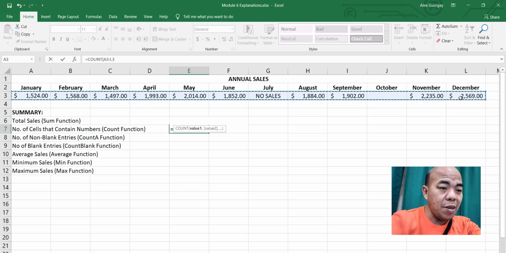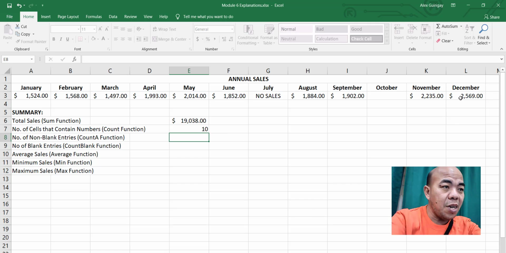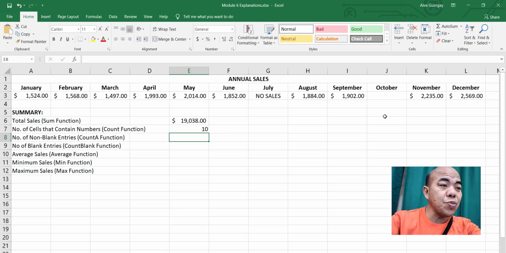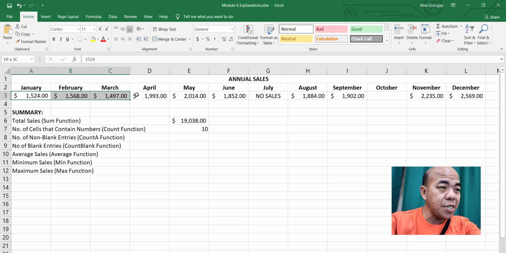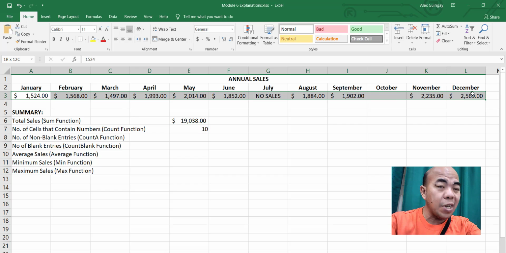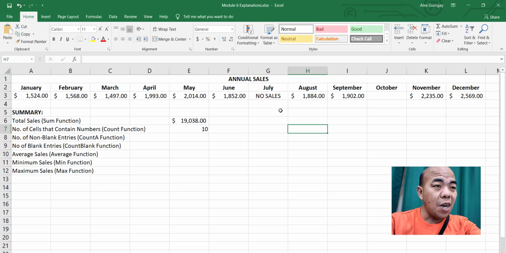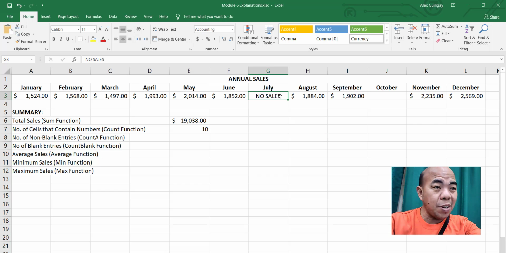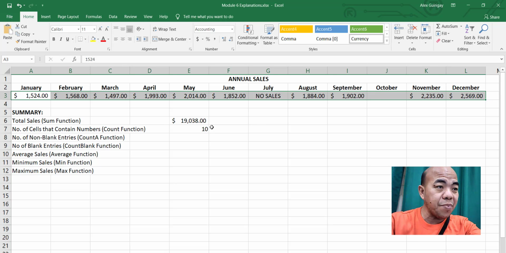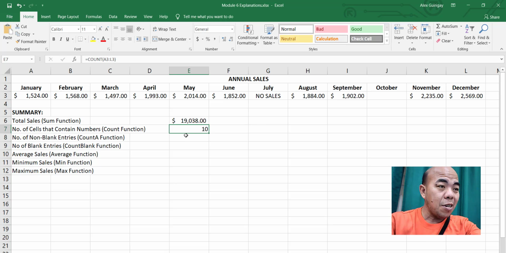Drag, then close parentheses, enter. Now, it counts all of the sales here, starting from January to December, that contain numbers. As you might have noticed, July doesn't have any number. It is text, "no sales." Then in October, it is blank. So that's why they are not included in counting. Out of 12 months, we only have 10 months that have numbers.